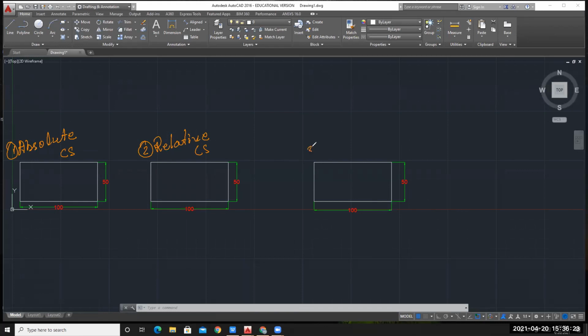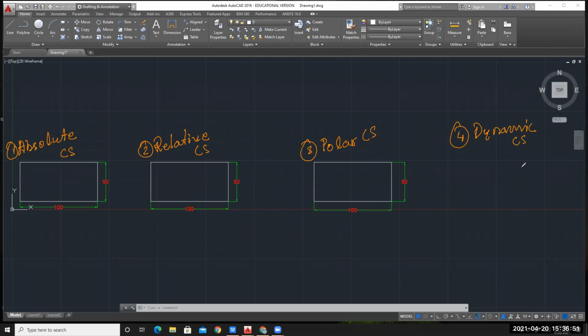This is your third one, polar coordinate system. And the fourth one is your dynamic coordinate system. So this is the most often used coordinate system in your AutoCAD.